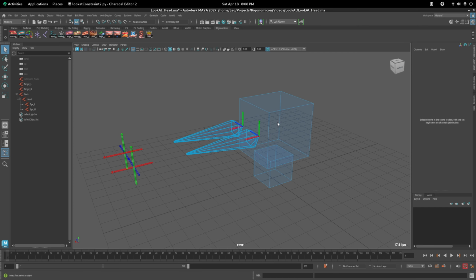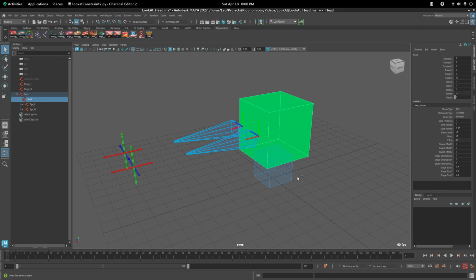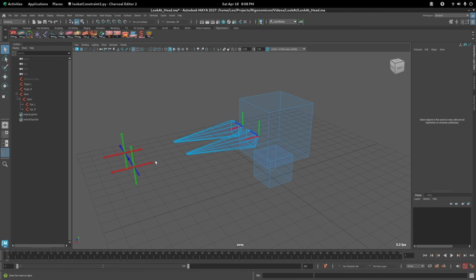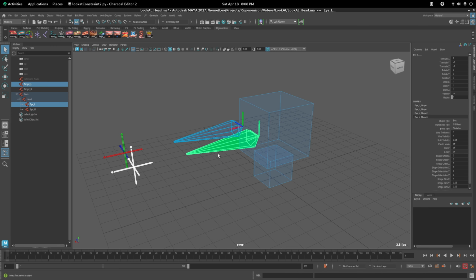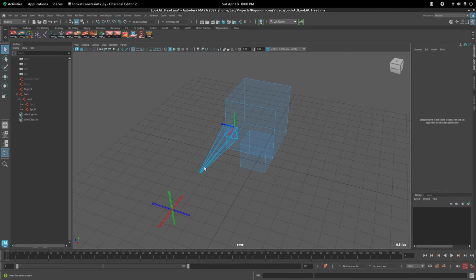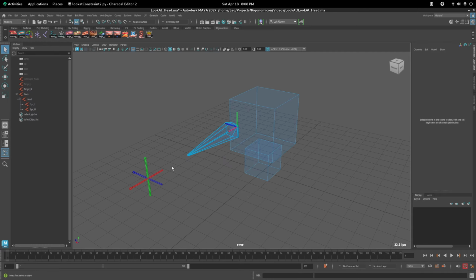It's just cubes for, like, this is the head, this is the neck, this would be the left eye and the right eye. So we're actually going to hide these, and we're just going to focus on this one right now. And we're going to talk about, the reason why I colored them is because we need to really lock down how things are behaving and in what order things get set up with which options that are in the aim